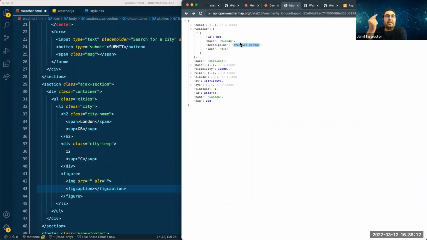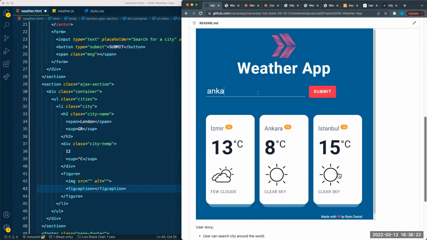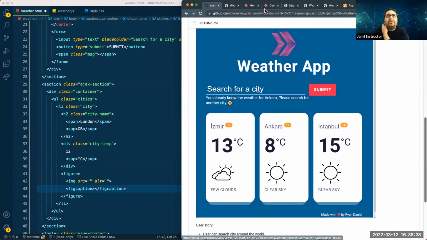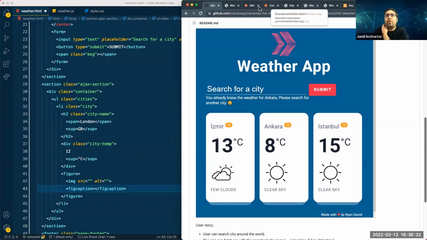Okay, but how about the image? How can I get the image? This image. Can you use like an if statement? We will use an if statement, but before the if statement, let's check out our documentation file, which is Open